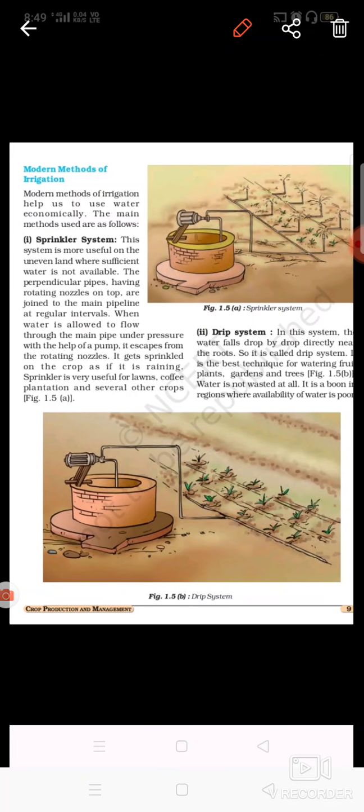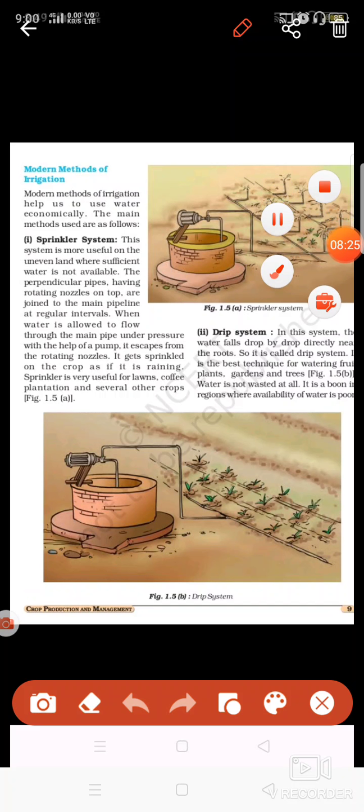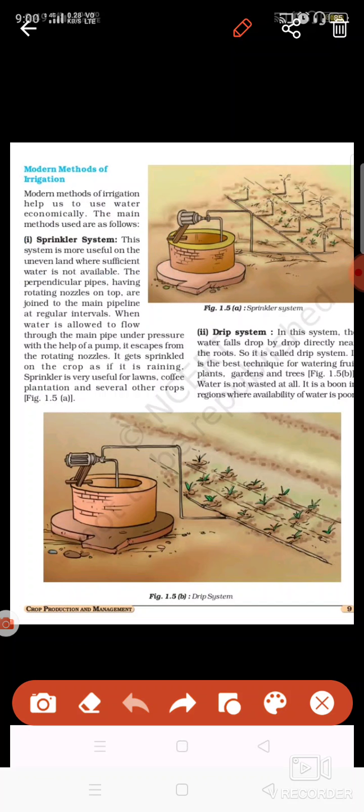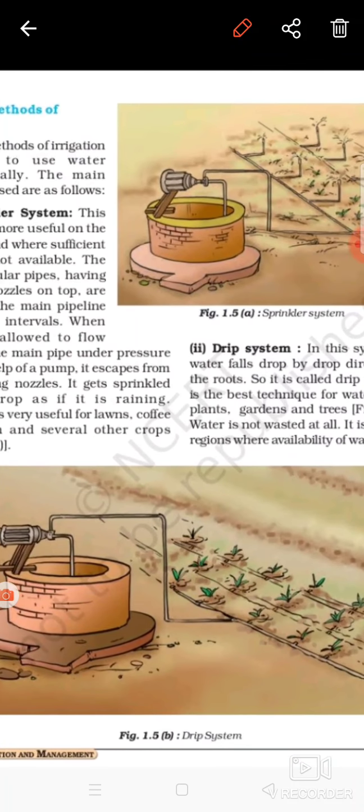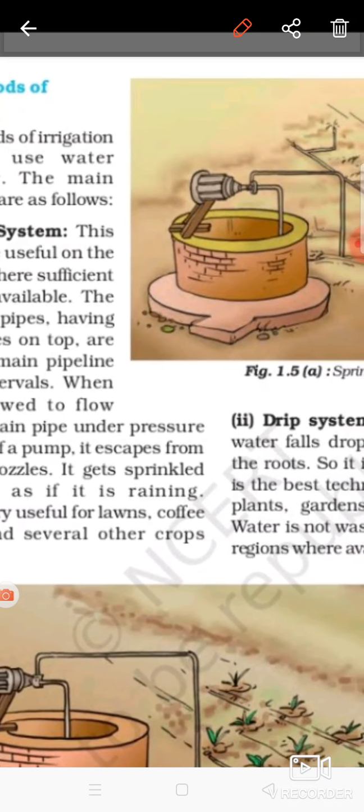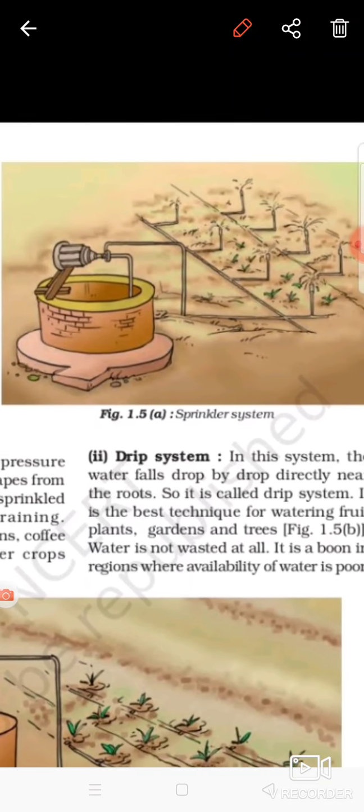Now let's see what are the modern methods of irrigation. This you have studied in class 7th, I guess. Sprinkler system and drip irrigation. You can see this one is sprinkler system, and by picture it is very clear. Let me zoom it. You can see this. Now you can see this